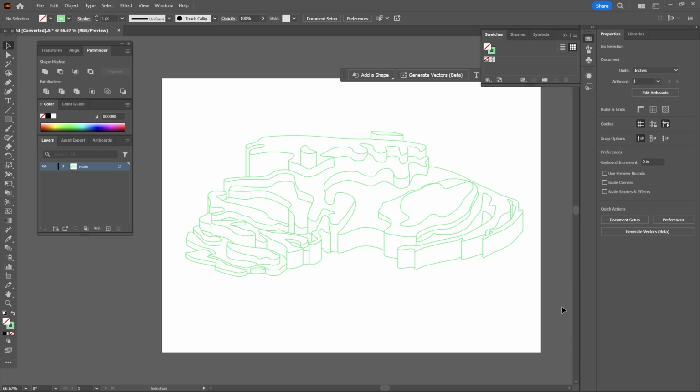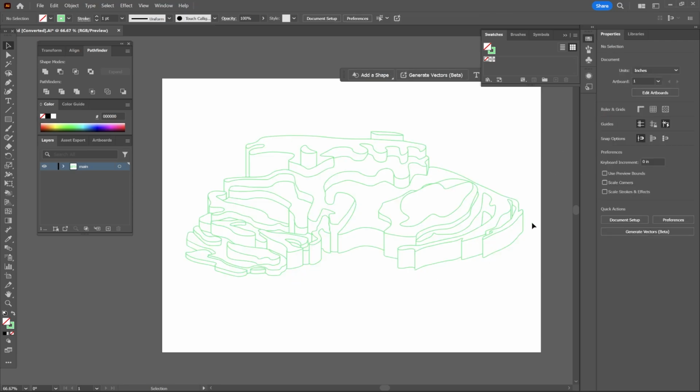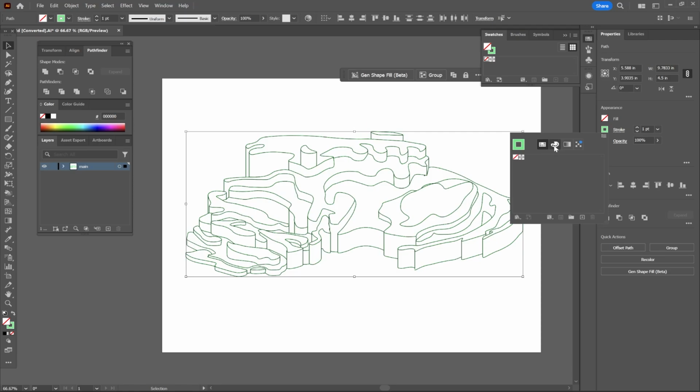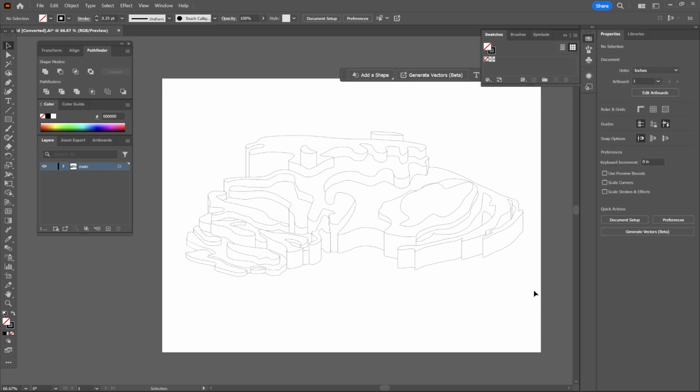I'm going to left click and hold down and select everything. Over here, I can edit the color of my lines in my drawing. Right now, like I mentioned before, it is the color of my model from Rhino, but I'm just going to select it and I'm just going to change it to a regular black color, make the line weight a little bit smaller. Now I am going to start coloring everything in. I'm going to select everything again.